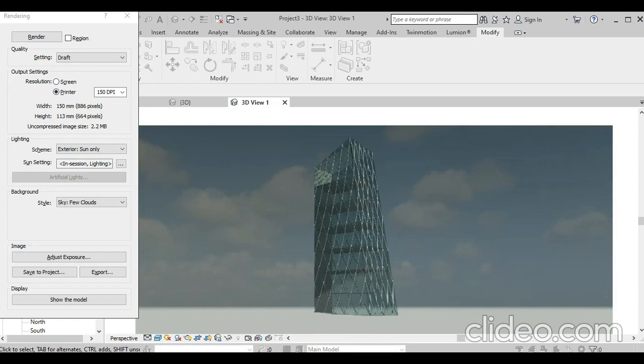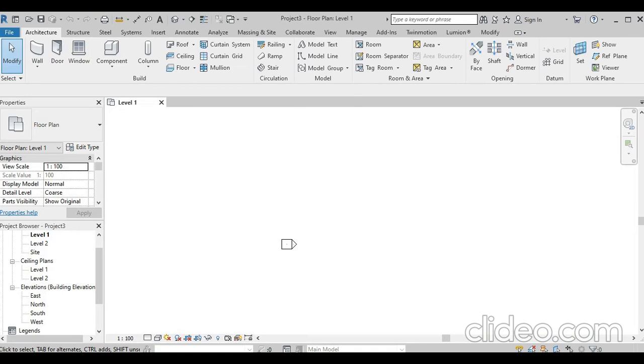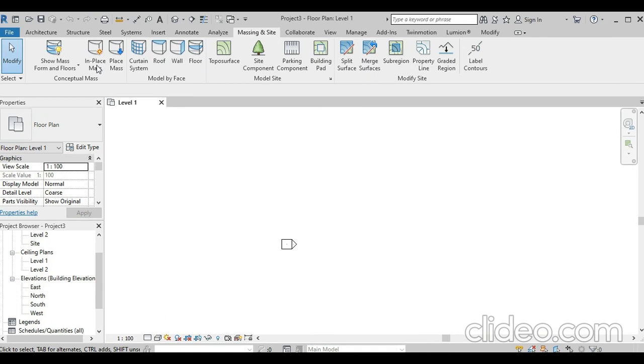Hello guys, today we're going to learn how to create this kind of tower with a parametric. So how to create a tower in a short time in Revit? Well, the first thing we do is we go to Massing & Site, we click on In Place Mass,